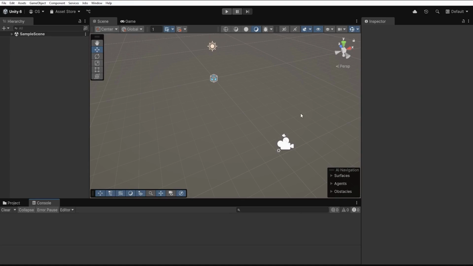In our next video, we'll start exploring game object manipulation and learn how to create and modify game objects in